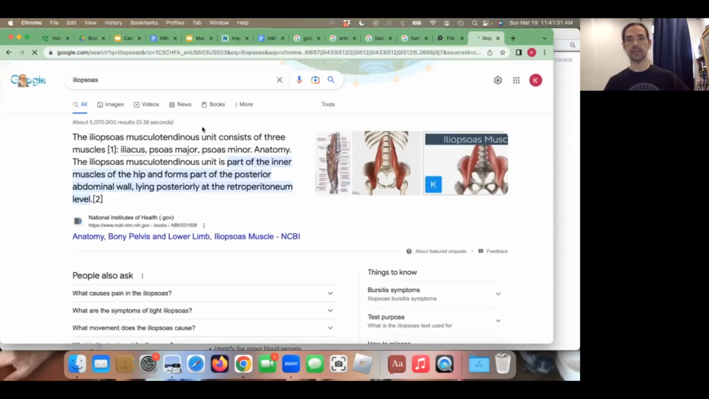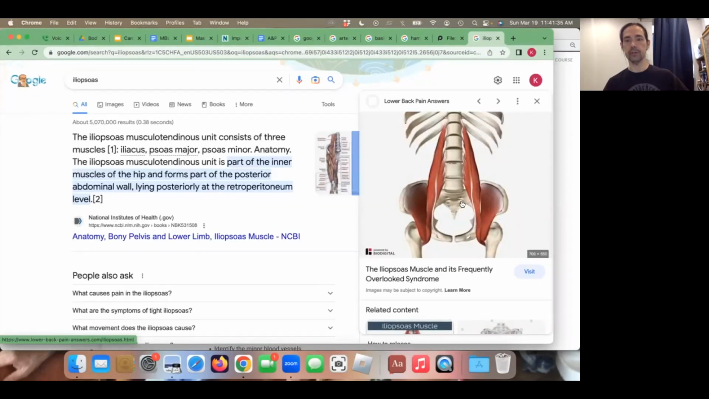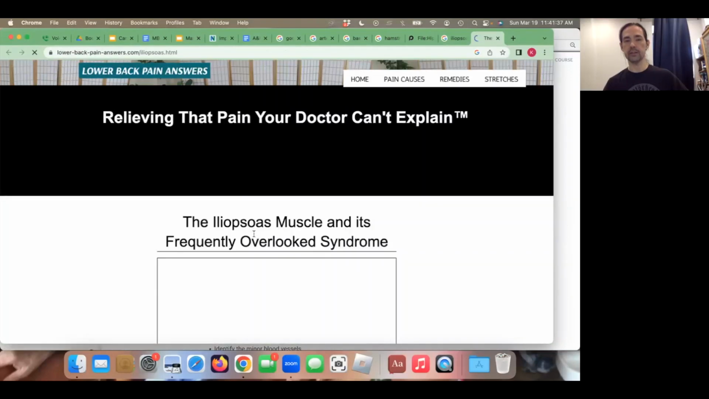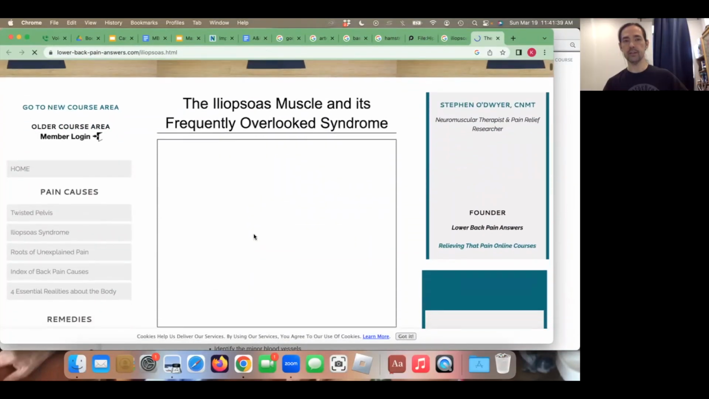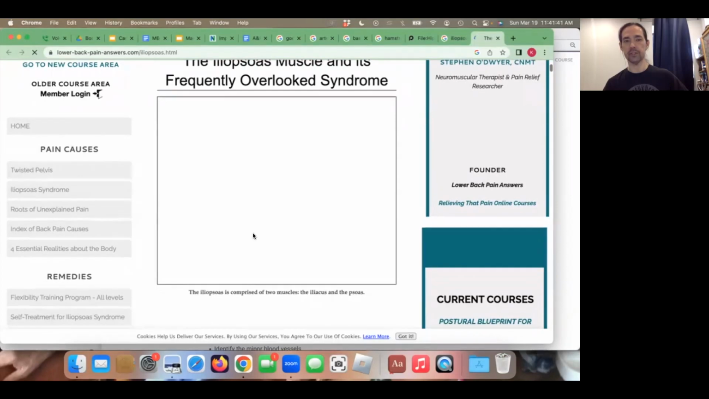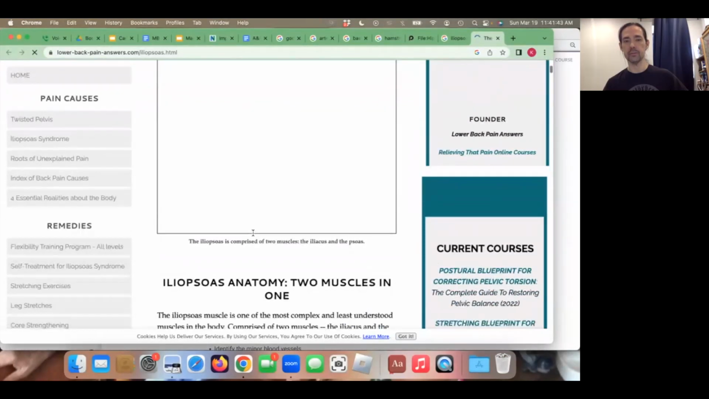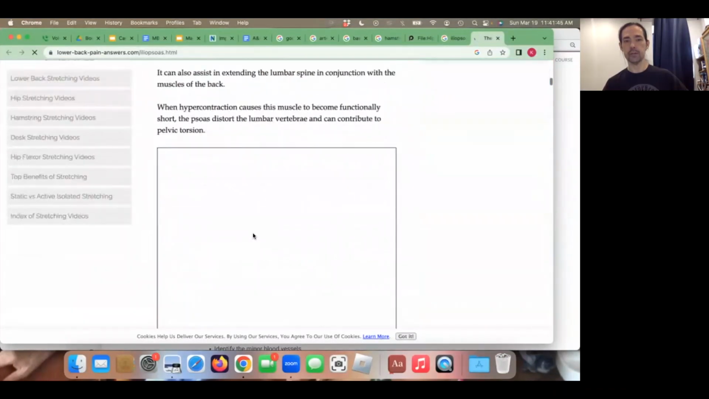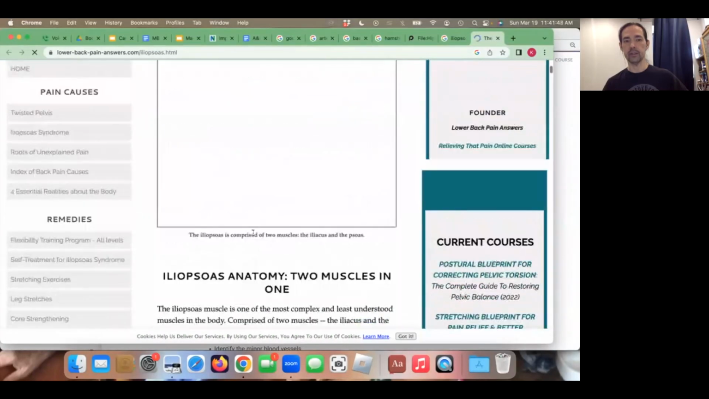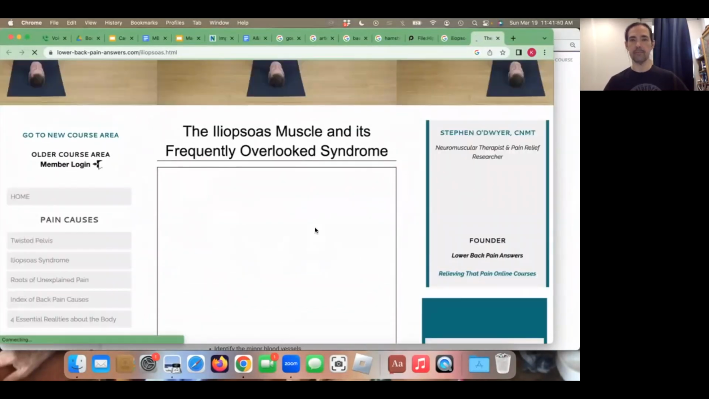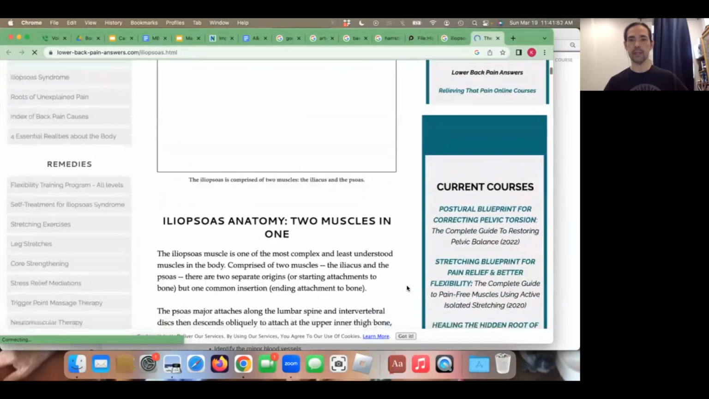Iliopsoas. And this is a term that you very well may see. So if you look at the iliopsoas muscle and its frequently overlooked syndrome, I'll give you a couple of hints clinically, which you're not going to be tested on. If someone has hip flexor pain